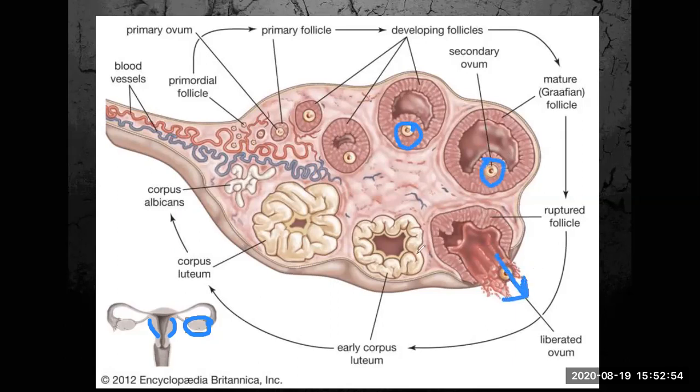After release from the ovary, the surrounding cells of this whole part are converted into a temporary endocrine gland, which is known as the corpus luteum. The corpus luteum acts like an endocrine gland. When the ovum is released from the ovary, the remaining part of the follicles is converted, and this gland is temporary. It releases both the hormones, estrogen and progesterone, and these both hormones maintain the female reproductive cycle, that is the menstrual cycle, and also maintain the pregnancy.